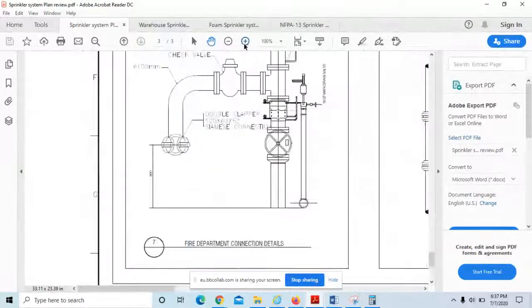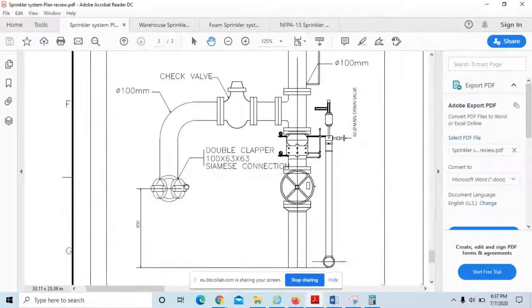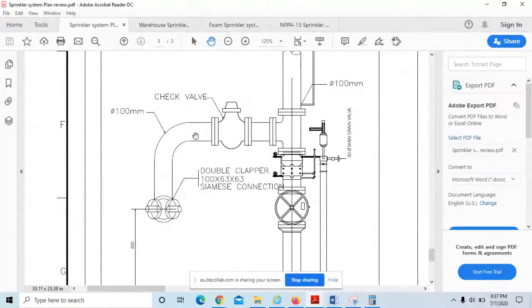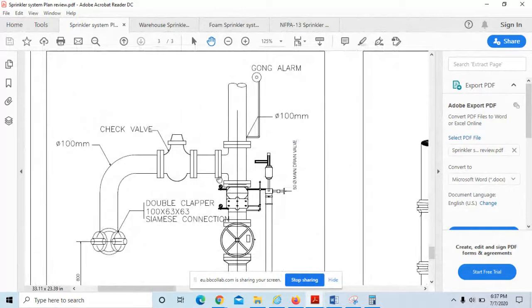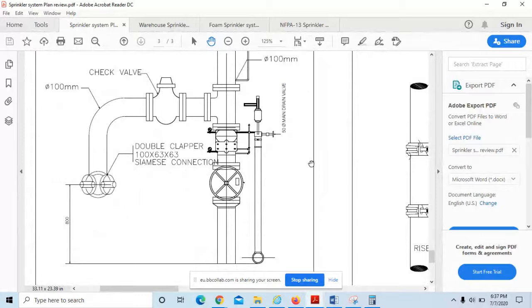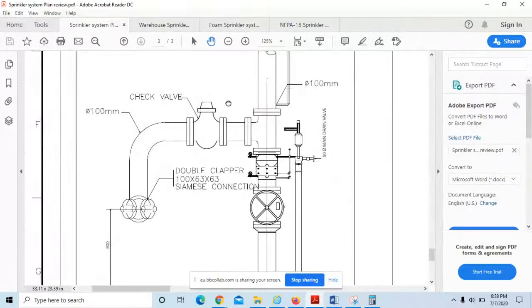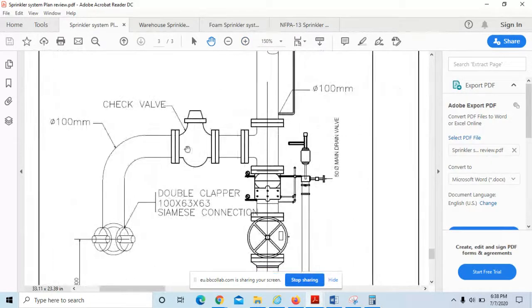Yeah, here we have the fire department connection, right? This is our 2.5 inch connection, two connections, and 100 mm pipe. They have given a check valve, right? And this check valve will allow water to flow in only one direction, and this is our riser. So it looks nice. For the fire department connection, they have used the same pipe as a riser. But if you want to further ask them, the check valve needs to have an arrow. Those arrows say what is the direction of the check valve, how water is flowing. The water should always flow from this side, not from this side. So there should be some marking, some arrow, that flow is only in the forward direction, not in the backward direction.